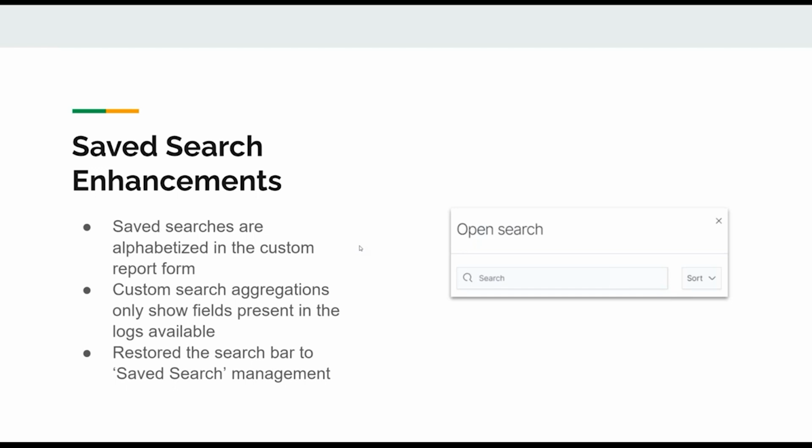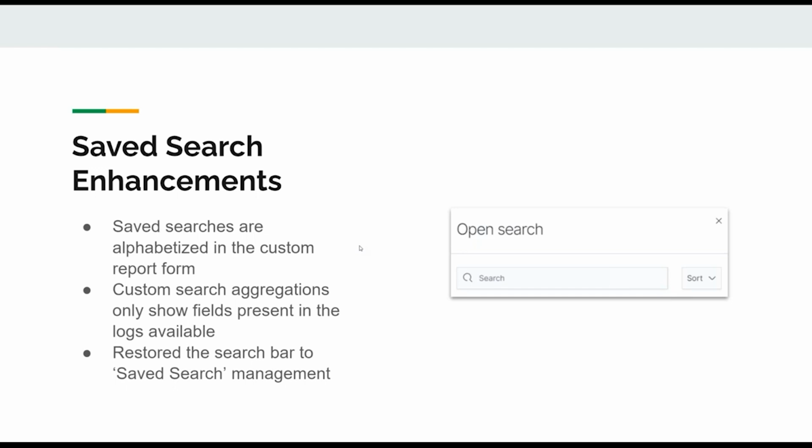And in terms of custom search aggregations for the custom report types, when you download that, those grouped-by fields are what's going to have those new tab names. But one of the things that we've added is, before it was, hey, here's the kitchen sink, here's every single possible field that you could group by. Well, if there's no data in that field and you group by that field, that report's not going to have good value for you.